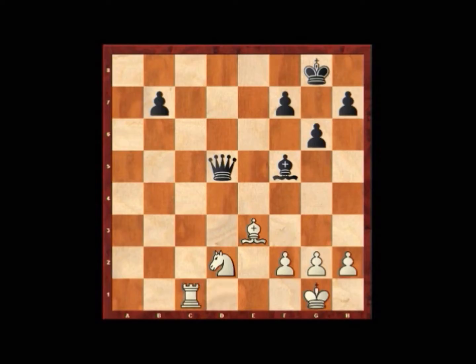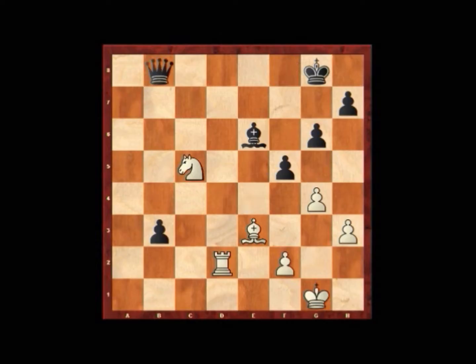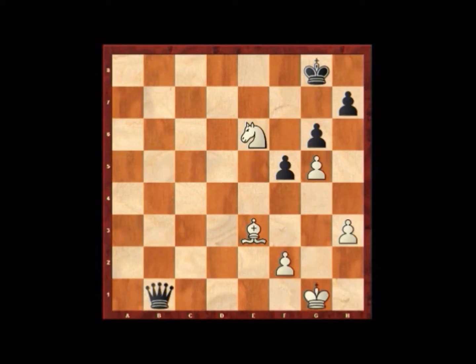Continuing with rook c1, b5, rook c5, queen d7, h3, b4, rook c4, queen d6, g4, bishop e6, rook d4, queen f8, knight e4, b3, rook d2, f5, knight c5, queen b8, knight takes on e6, b2, rook takes on b2, queen takes on b2, g5, queen b1 check, king h2, queen e4,